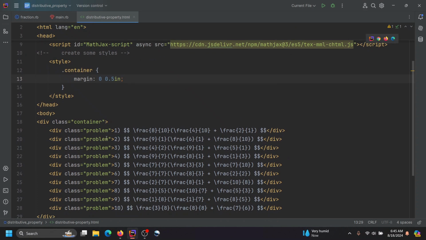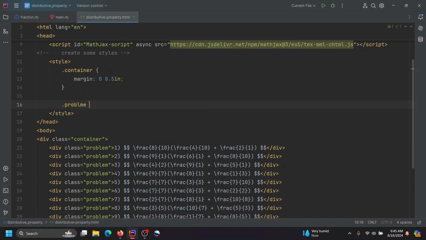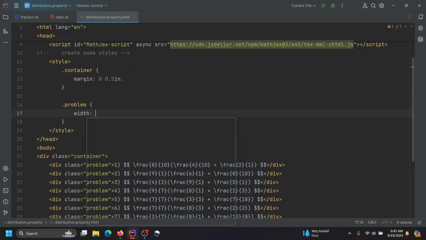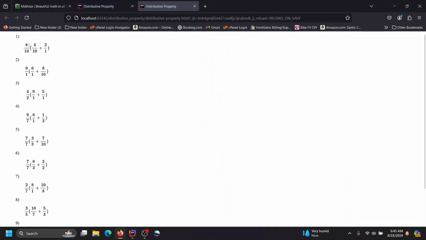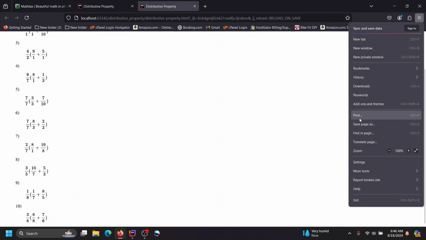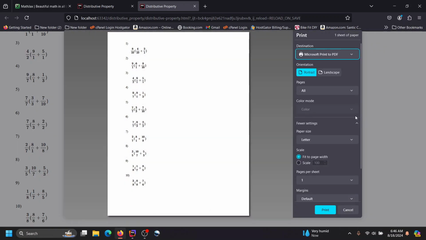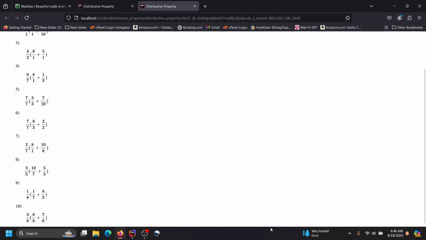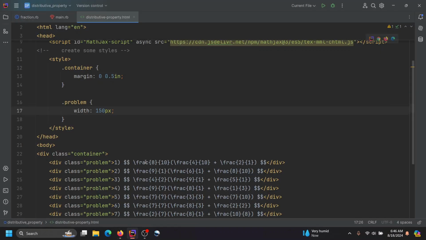And now we want the problem container to not be as wide. So I'm going to do problem and give it a width of 150 pixels. And now we'll bring those problems in. So now we're starting to kind of get our worksheet. If I want to, let's see, print to PDF, this is what it's going to look like. Not perfect, and we can style it some more. But you might want to put like,